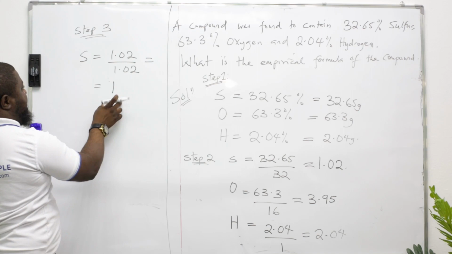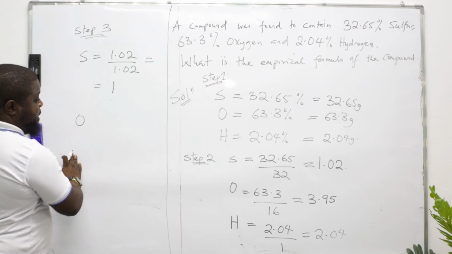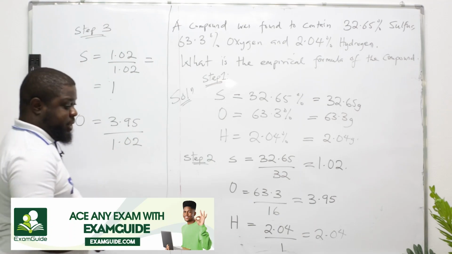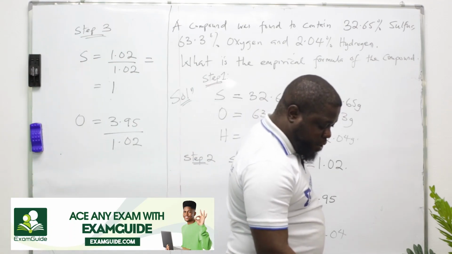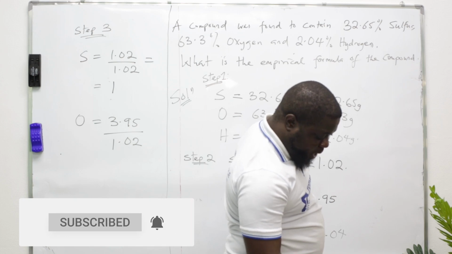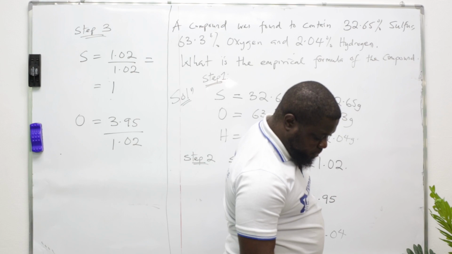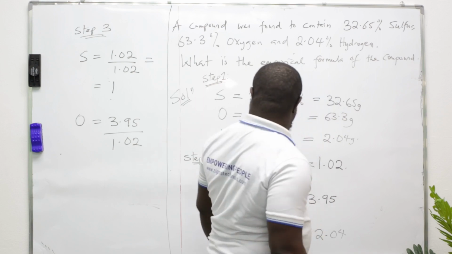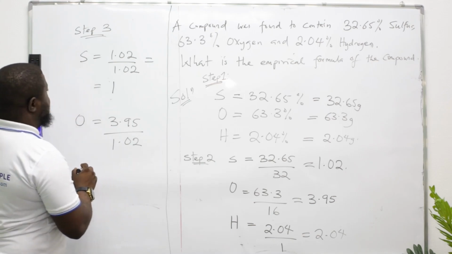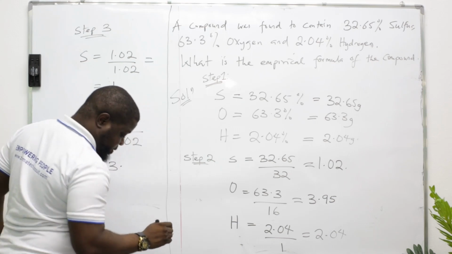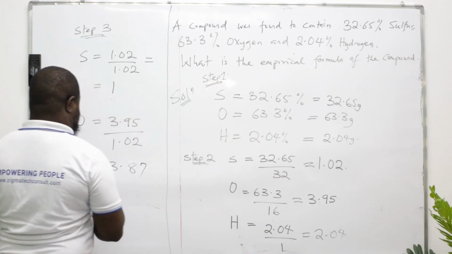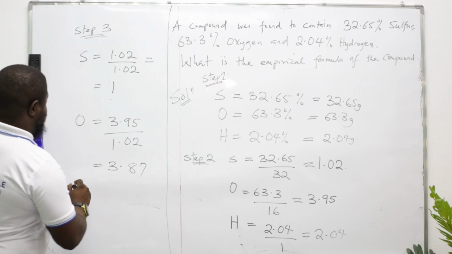In essence, sulfur is 1. Now for oxygen, it's going to be 3.95 divided by 1.02. Oxygen is going to give us 3.87. Now for hydrogen,